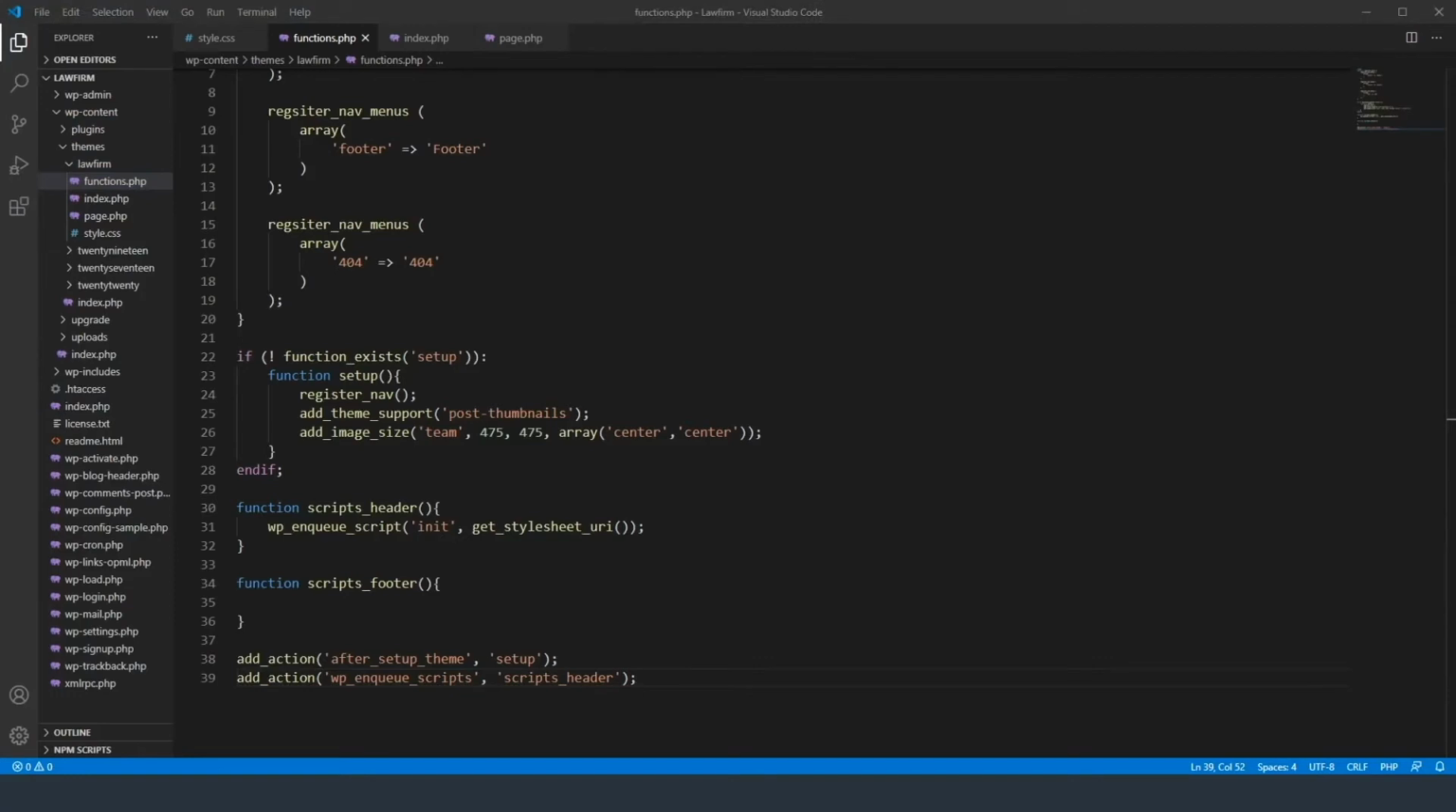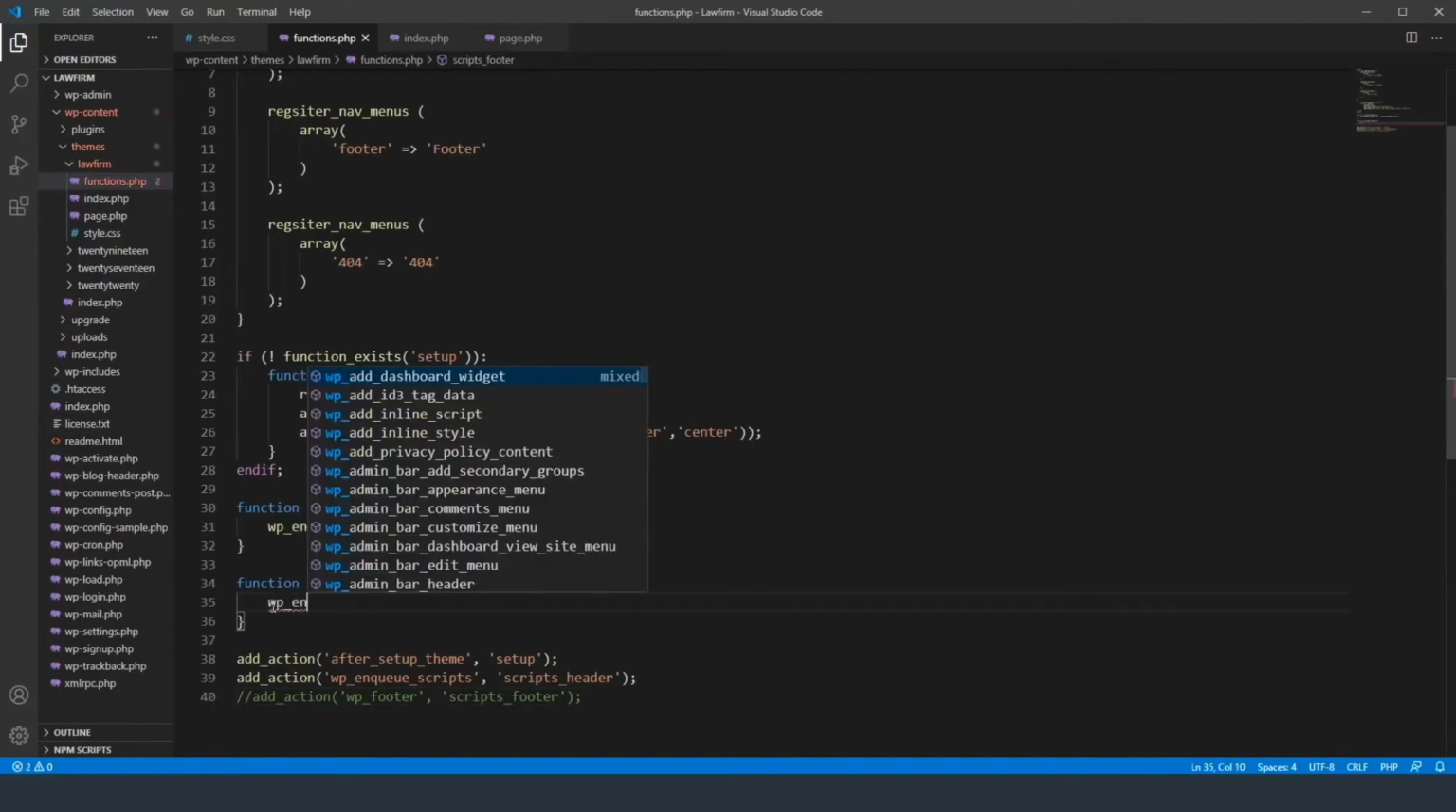Okay, so we could also do another one down here for the footer, and I'm going to add it in here, and then I'm going to comment it out so that you guys can see what it says and what you're supposed to do here. So instead of enqueue scripts, we're going to do WP footer, and that's where we would call the scripts footer. I'm going to comment this out for now because we're not using it. And then inside of this, we would also do WP enqueue